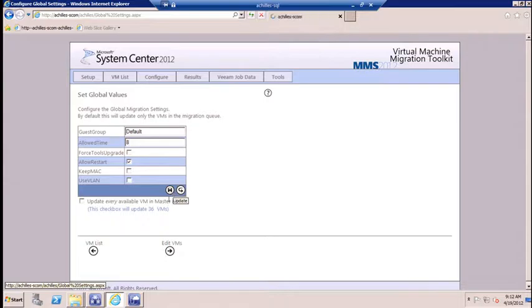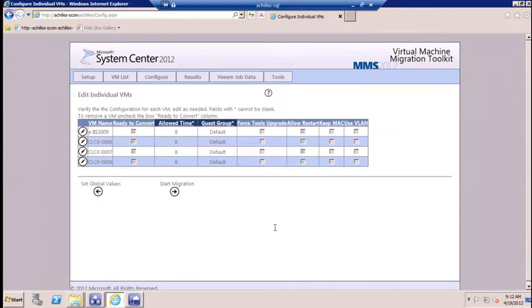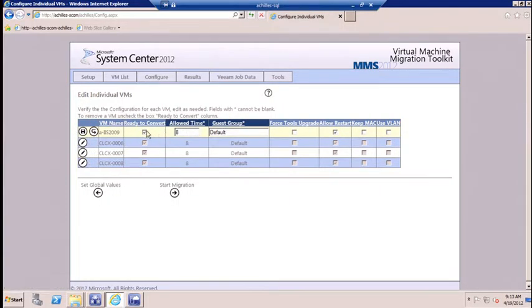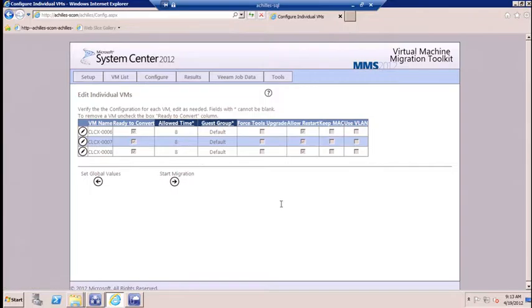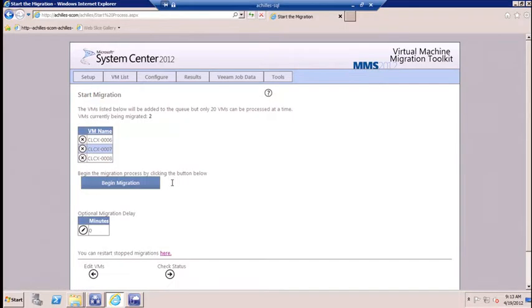So I'm going to save that. And then this is just to confirm that that's all right, especially if for some reason I didn't mean to collect 09 there, my IIS server, so I'm going to edit that and get rid of him. And like I said, if for some reason the default group for this server was different, you could go and modify that individually here. So that's all that's for. And then we're at the point where you saw in the beginning of the show where I hit the Begin Migration button. So I can hit the Begin Migration button and begin that, or